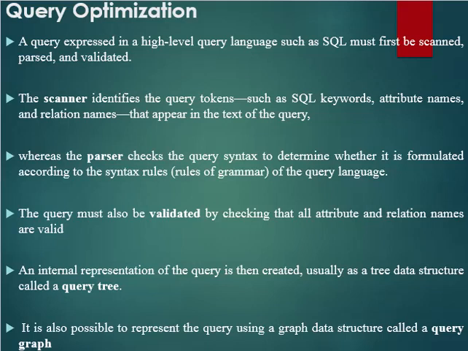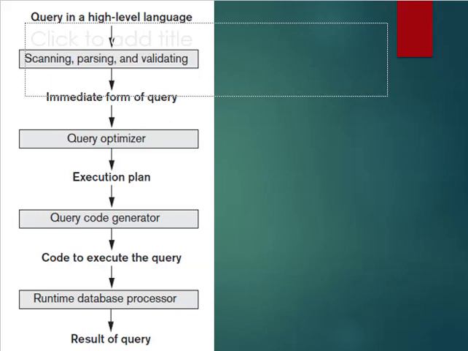Next we are using the validator. The validator's job is to identify whether the given attributes and relation names in the SQL query are valid. It has to cross check the relation names and the attribute names with the relations and attributes in the database. After these three steps, that is scanning, parsing and validating, we get a tree known as the query tree. It is actually the canonical tree, an inefficient execution plan that results from this procedure.